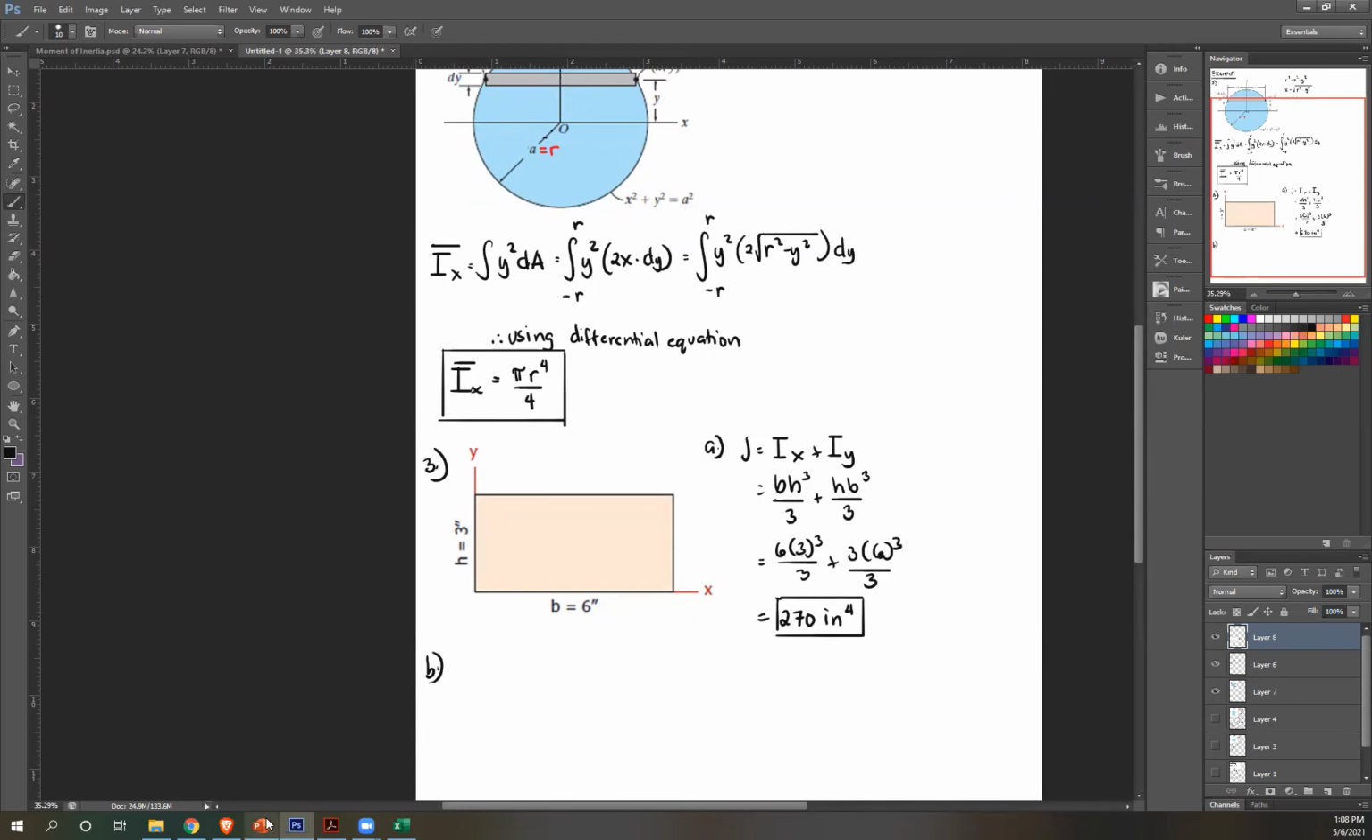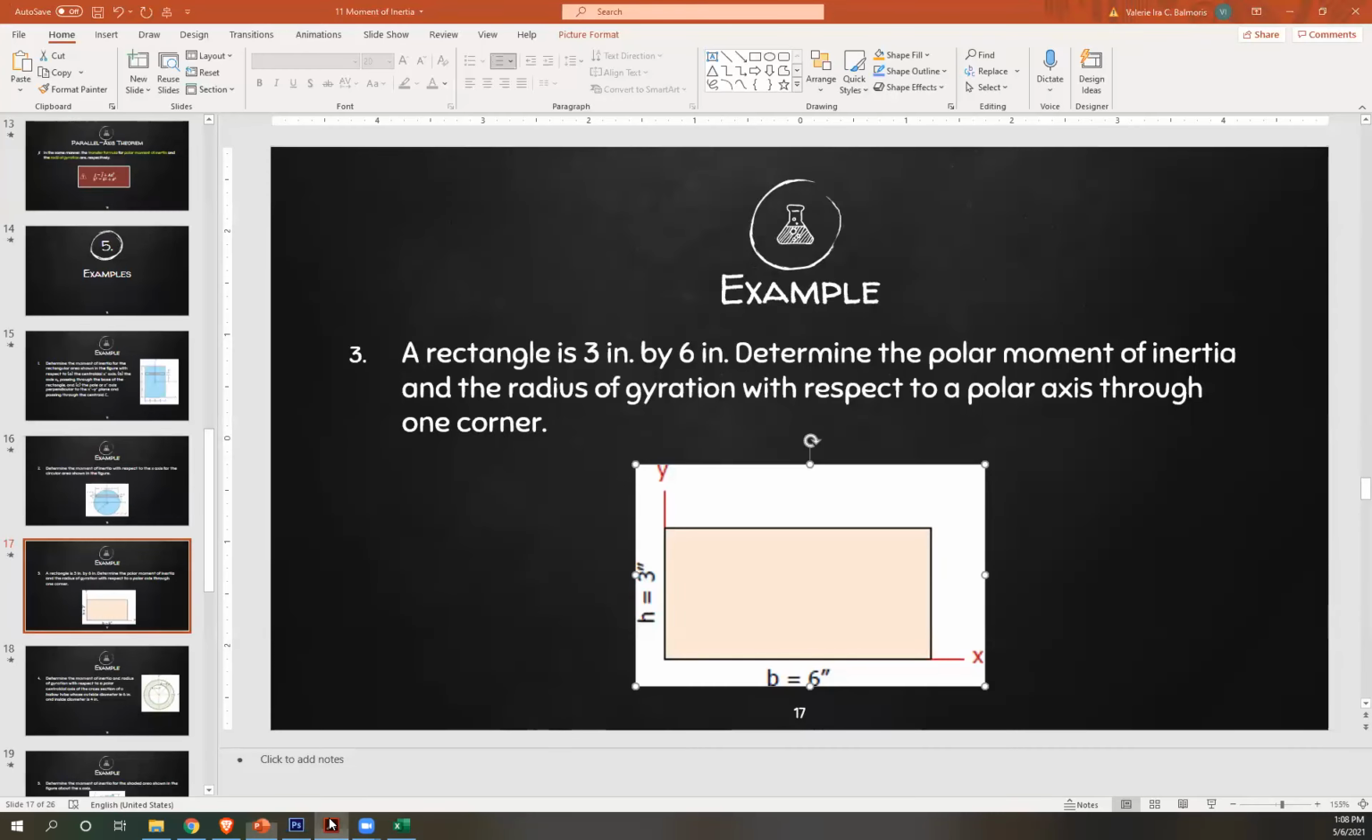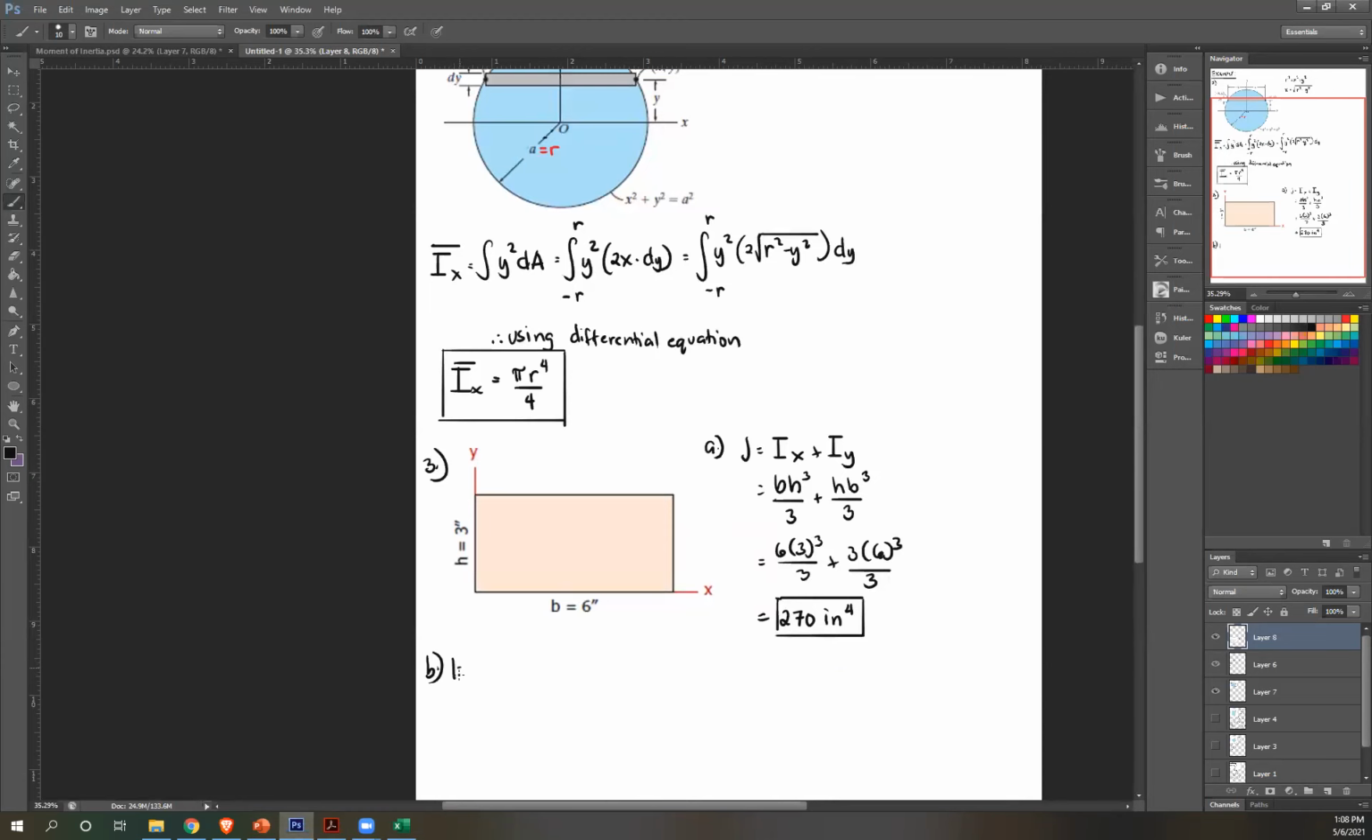Next, letter B, radius of gyration. So we're looking for K. And remember, we have an equation for K, which is,